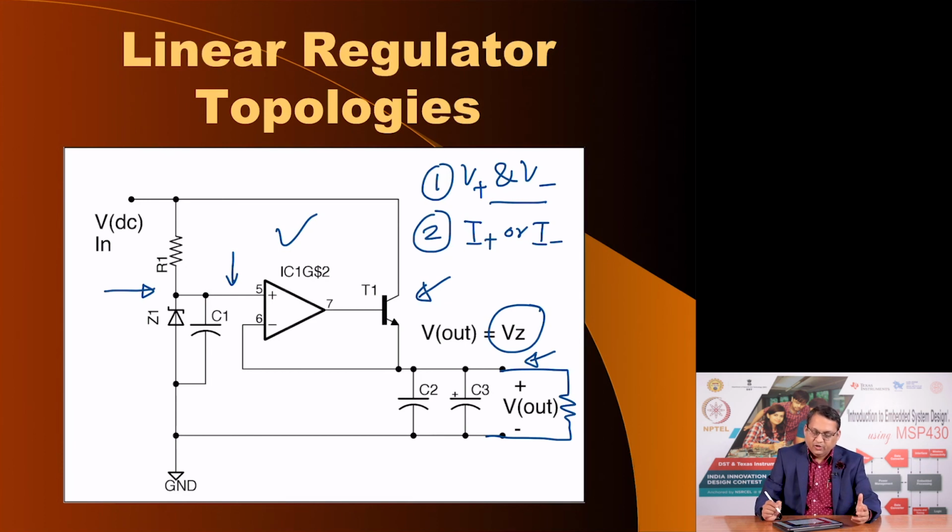Why? Because if you try to draw too much current, an op amp is not designed to handle large amounts of current. Typically, the maximum current that you can draw out of an op amp is of the order of 20 milliamperes. But if you want to design a power supply which is capable of delivering 100 milliamperes, you must boost that current capability by using a transistor. Here T1 also operates as a voltage follower, but it provides you a beta amount of current gain. So, if the beta is say 100, that means 20 milliamperes into 100, this configuration can safely give you about 2 amperes of current.